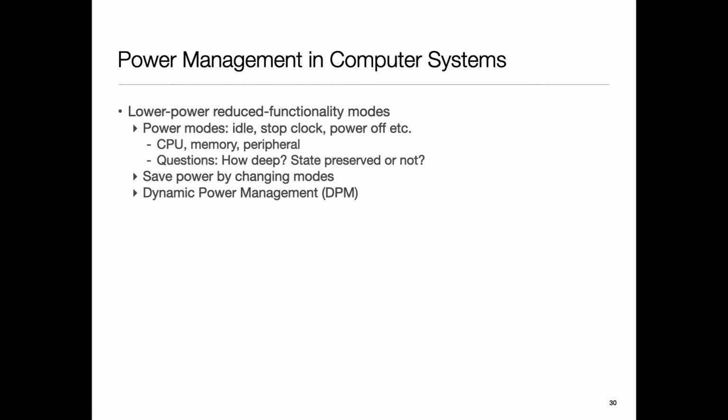Hardware can react very rapidly, that's the good part, but then hardware lacks application level knowledge. Like for example, maybe right now I'm doing my keynote presentation, don't put the screen to sleep, right? I mean, hardware would have a pretty hard time knowing that kind of contextual information. So power management across these states really requires a coordination between all these layers, and people have been working on it since the 90s. It continues to be a challenging issue because it's very hard to get it right, and there are lots of bugs and all come into play.